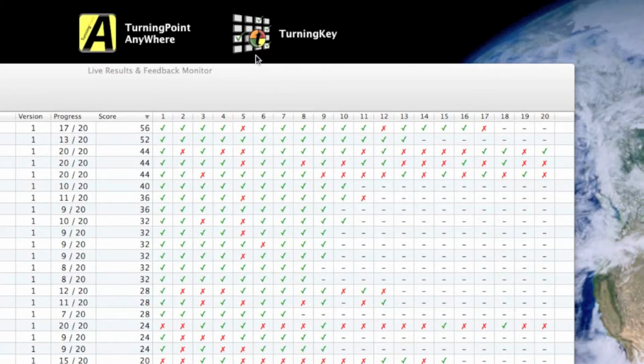Turning Key is a self-paced testing responder unit, clickers if you will, in the classroom. At some point I'll get a video posted with the clickers and how to use those a little bit. Today's going to be about data collection